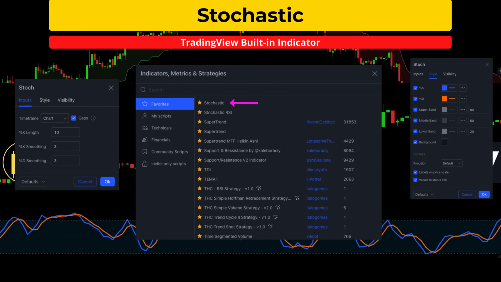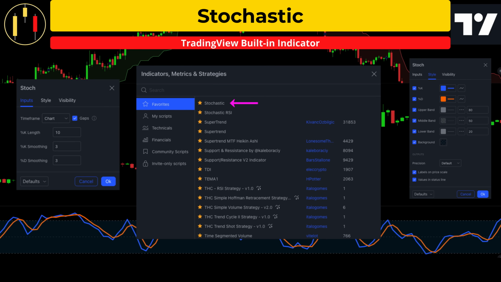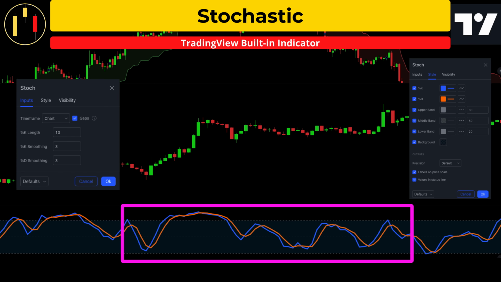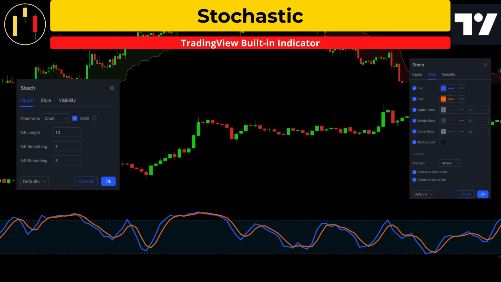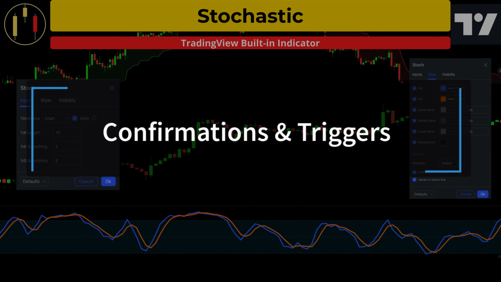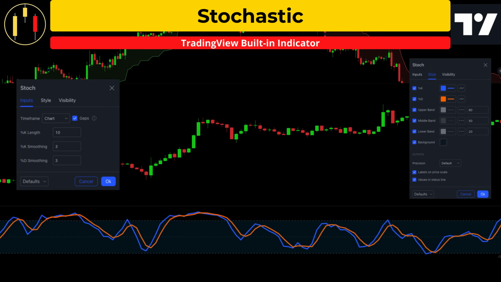The second free TradingView indicator is the standard stochastic study, and it will be used on the 15-minute chart. Inputs will be kept at default, and I am going to thicken the lines so you can see it more clearly. The stochastic study is a popular oscillator with overbought and oversold areas in an attempt to determine trend reversals. In the Benz Bounce, this indicator will be used for both entry confirmations and triggers.